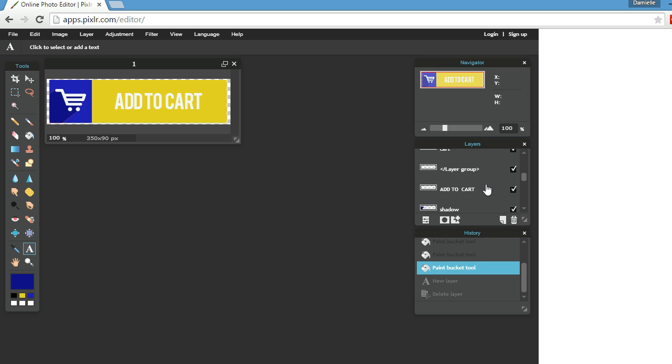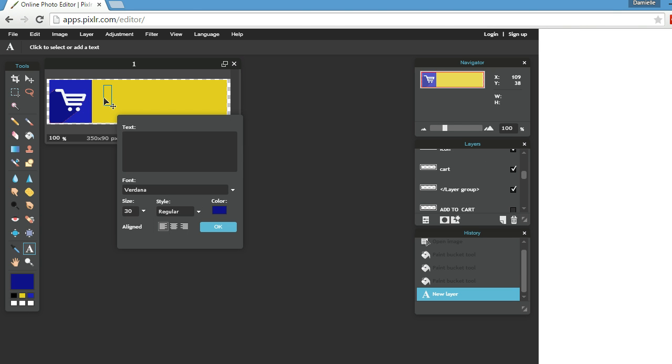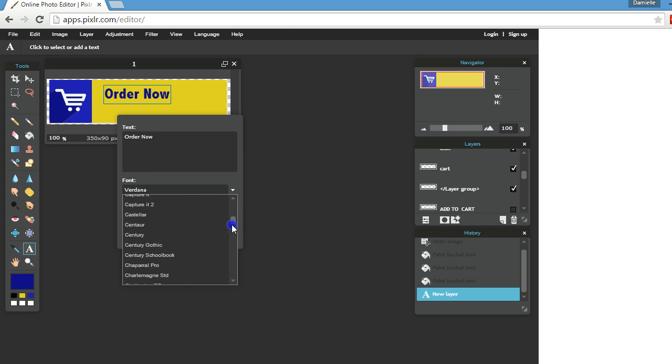Okay, so if we go back to the add to cart text, right, like I said, I don't see an option that allows me to edit the existing text. So what we can simply do is to click the check mark box beside it, and that will actually remove it. It will disappear, and then we can just go to our text tool and start typing. So we could put something like order now, and then we can change the font, and there are quite a few fonts inside here, but I'm actually going to just leave it at the